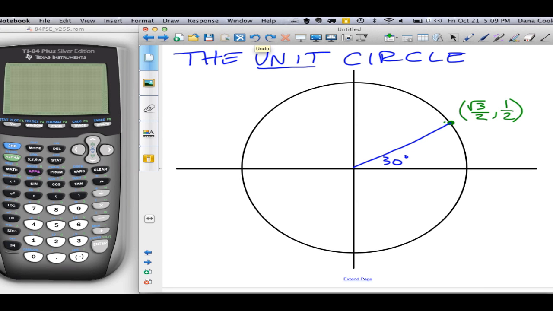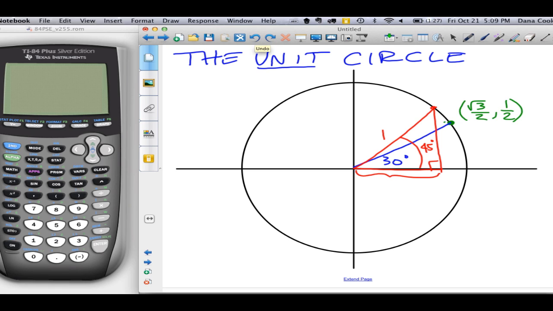And look at the 45, 45, 90. I'll do that one in red. And if this angle then is 45 degrees, there's a right triangle here. And if, again, this is the length of the radius of this circle, which is 1, then this measurement would